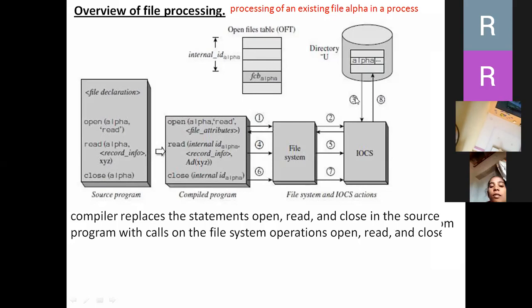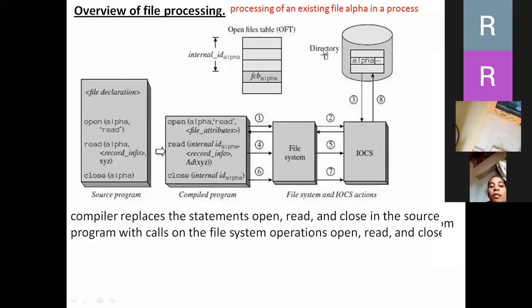So this IOCS accesses the directory entry of the file alpha, and it will also copy the file size and the address of this file map table FMT. Why? Because we know that this directory information is available through the joint actions of the file system and IOCS.